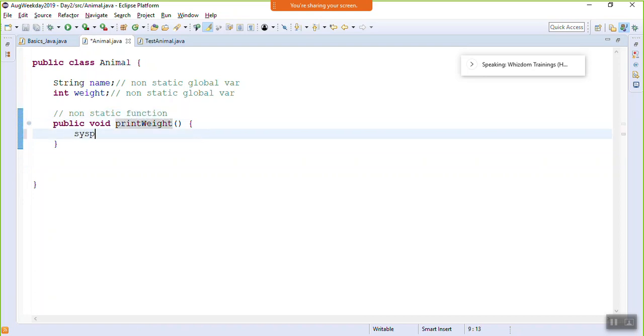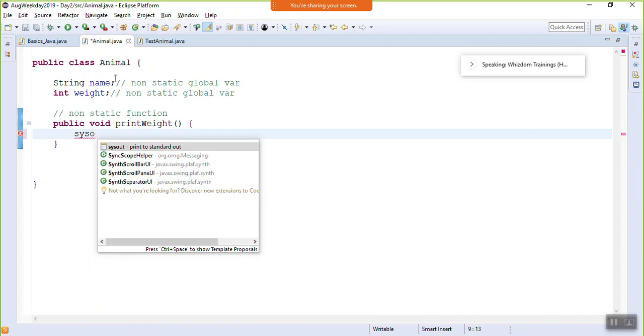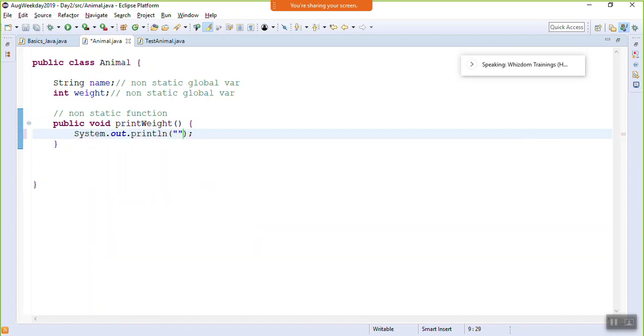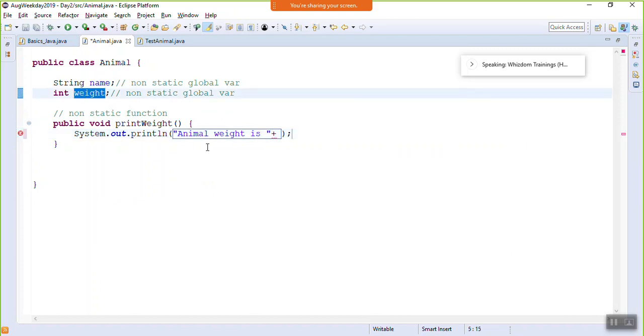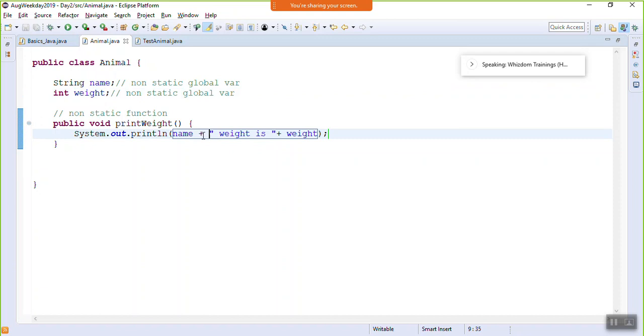Okay, it can print System.out.println animal weight is, and the weight. You can print the name of the animal in the beginning. This is the concatenation operator. It can concatenate a variable and a string,